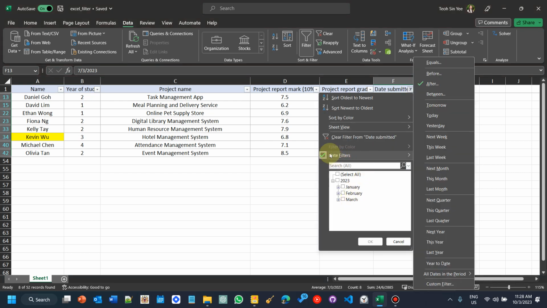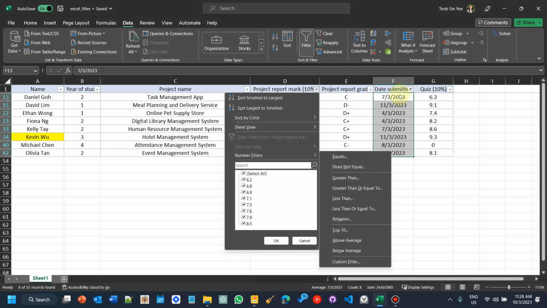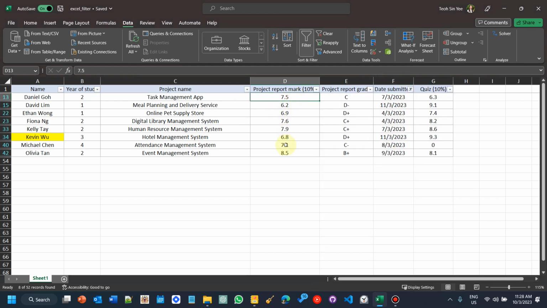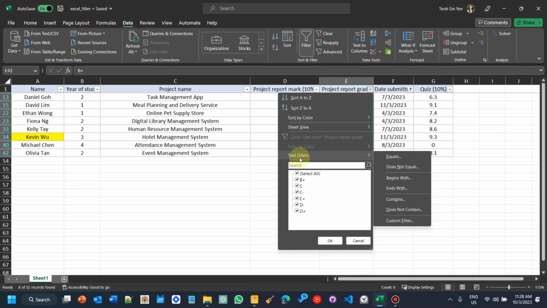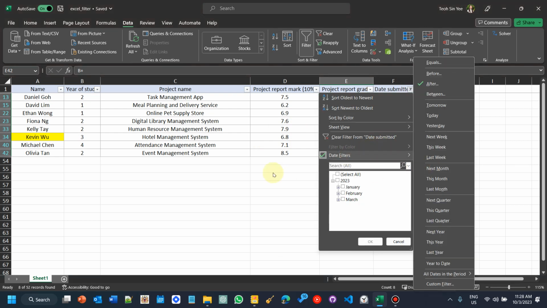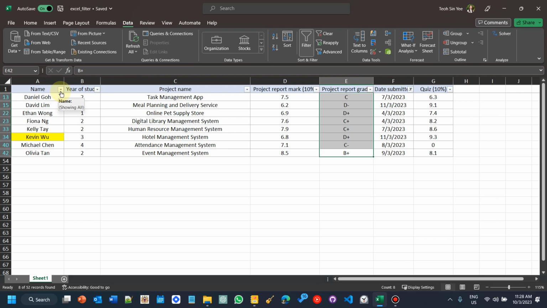So just now you saw this one shows number filters. This one shows date filters. Actually, it depends on the format of the column. These are numbers, right? These all are text, right? So when you click on this triangle, you will see text filters. This one, date filters. And this one, name, of course, text filters. Depends on the format. Okay. So just now we already found the late submission. Next one,